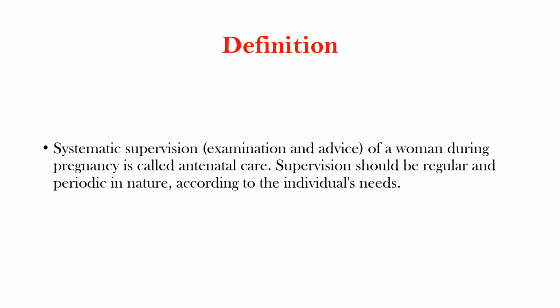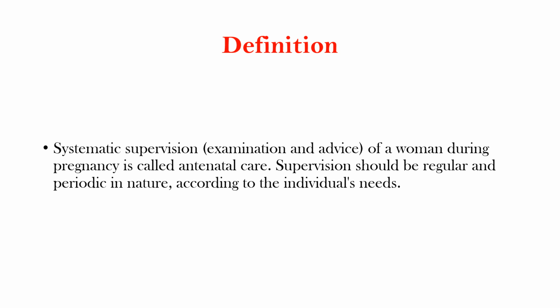Okay, so definition. Antenatal care is a systematic supervision of a woman during pregnancy. Why do we call it systematic? Because there are certain things that are done in the first trimester, certain things done in the second, third, and fourth. So it is a systematic supervision, and the supervision should be regular or periodic in nature according